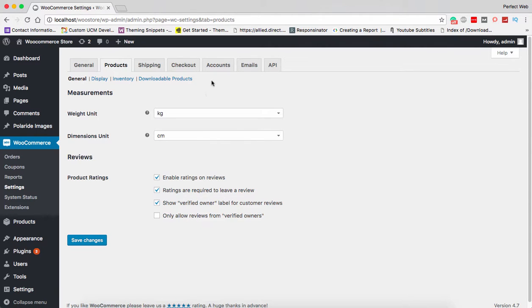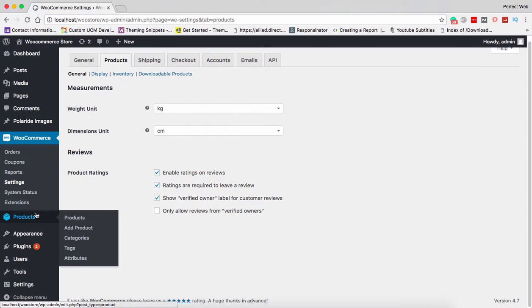Yes, I forgot to mention, rather than selling physical goods, you can also sell your digital goods like your software, music, or any other virtual products. You can definitely sell via WooCommerce. Not only virtual products, you can also sell your affiliate products as well, but as this topic is not related to affiliate marketing or something like that, I'm not going to discuss that in detail.